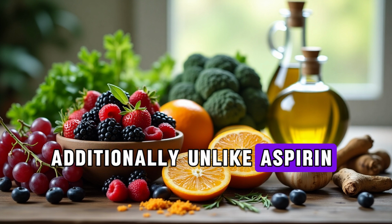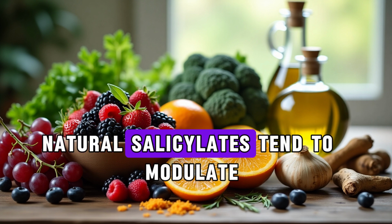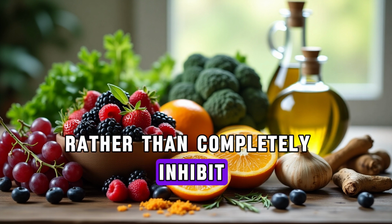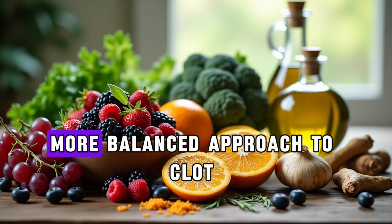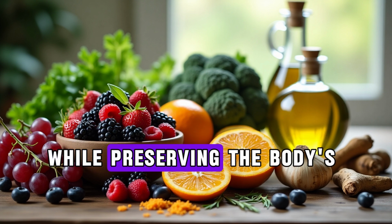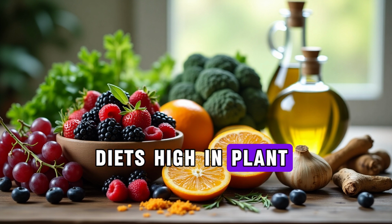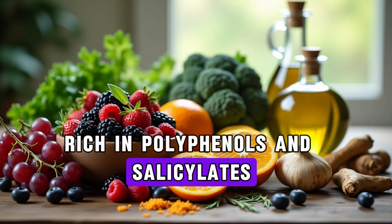Additionally, unlike aspirin, which can sometimes excessively suppress platelet function, natural salicylates tend to modulate rather than completely inhibit this system. This allows for a more balanced approach to clot regulation, helping reduce risk while preserving the body's ability to respond to injury. In epidemiological studies, diets high in plant-based foods rich in polyphenols and salicylates have been associated with